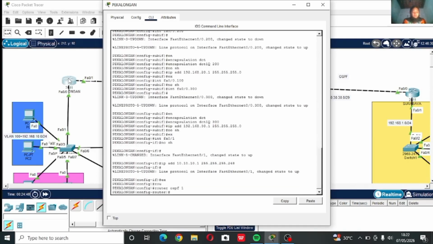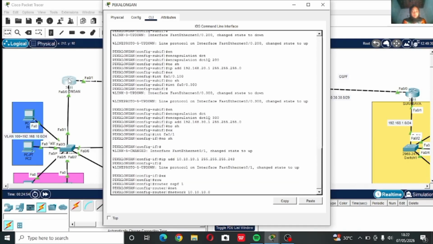Configure the OSPF router on the Pekalongan router by using the router OSPF command. Then enter the network and its area as shown in the video.